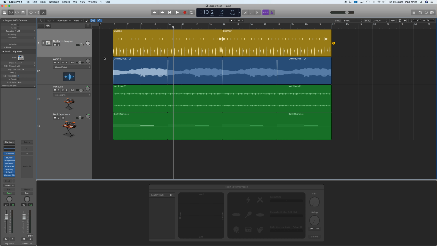On the Arrange page, I've got a little idea that I've just come up with. It's got a drummer track, a couple of audio files, and it's got a MIDI track. It sounds like this. It's basically a 4-bar loop. Maybe at a later stage I'll develop that into a song, but what I want to do now is save